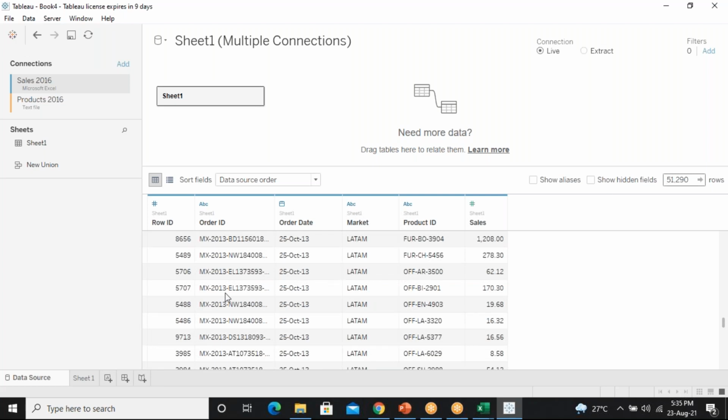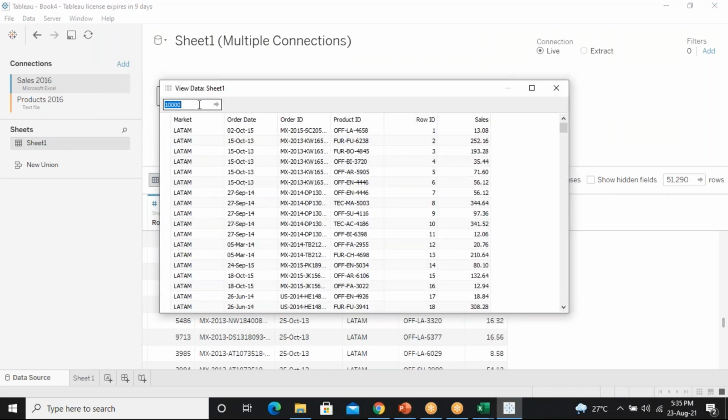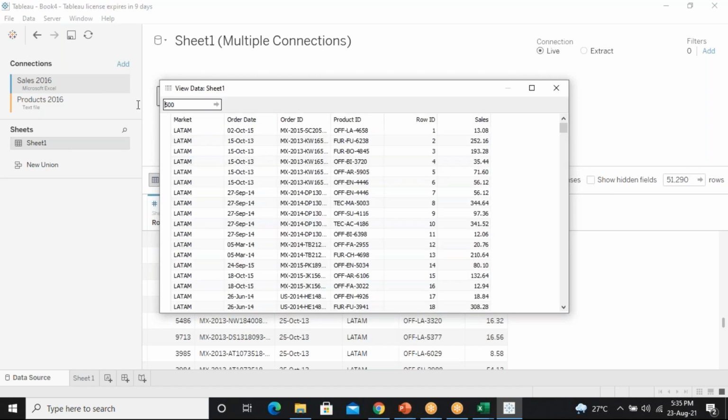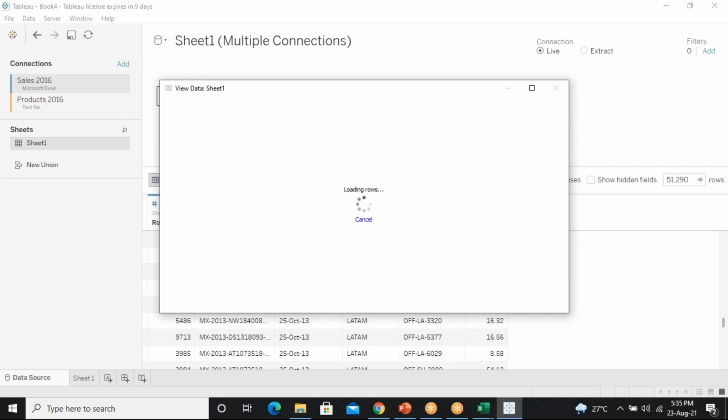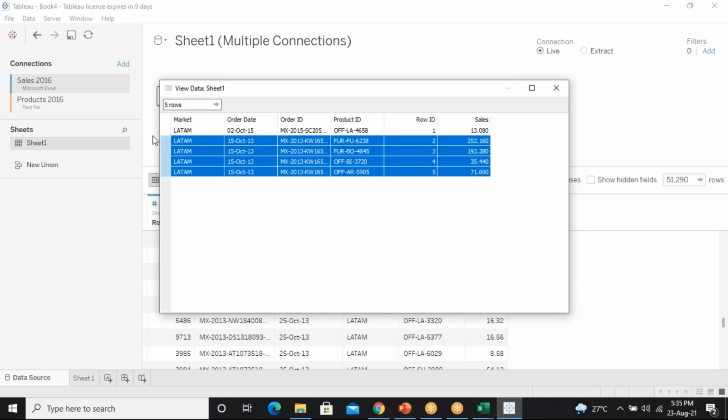So when I enter the data, it gives this much, 51290. And here also the same can be done by clicking on the sheet view. Here you can enter that you want only 500 to be visible, or only 5 rows to be visible. So only the top 5 rows will be visible here. Top 1, top 5.